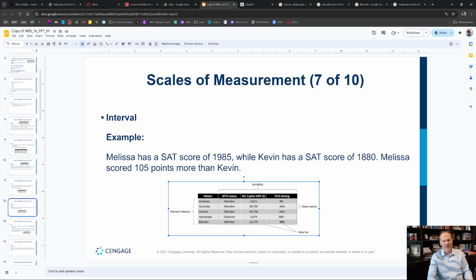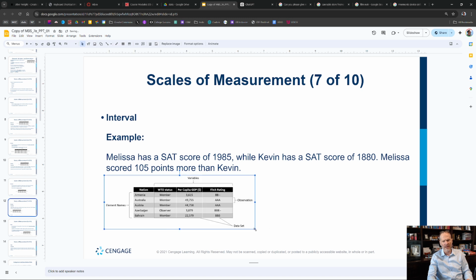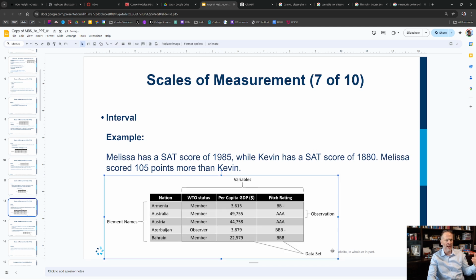But when I look at this, the difference between interval and ratio is that ratio is going to have a 0, at which point you can't go further less than 0. So an example of ratio data where there is a 0 and that's just kind of the stopping point might be, how tall is somebody? You can't be negative height, right? You could start at some height, theoretically, or how tall is some living being. It could be an ant, and it could be 1 centimeter. But you can't have a negative height, right? And so that would be a ratio.